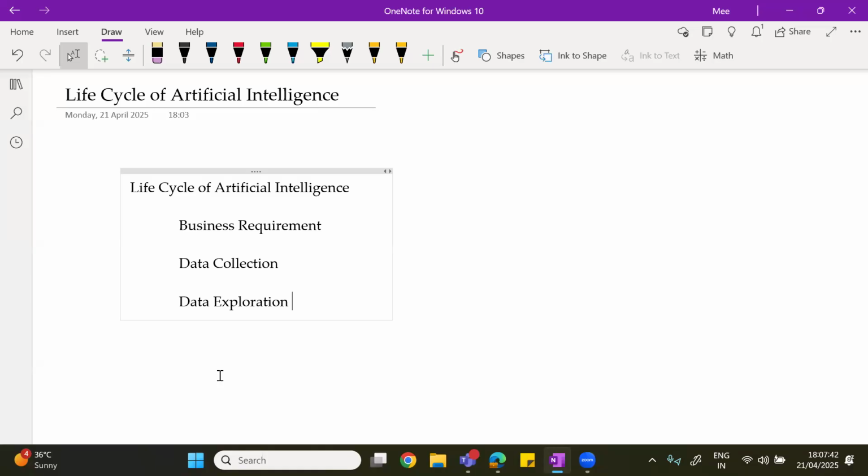After getting the data, we are going to go through the data. That is called data exploration. The result of this exploration is that we will come to know which part of the data is important for us and which part of the data is not important for us. That is what is called data exploration. Now, next is data